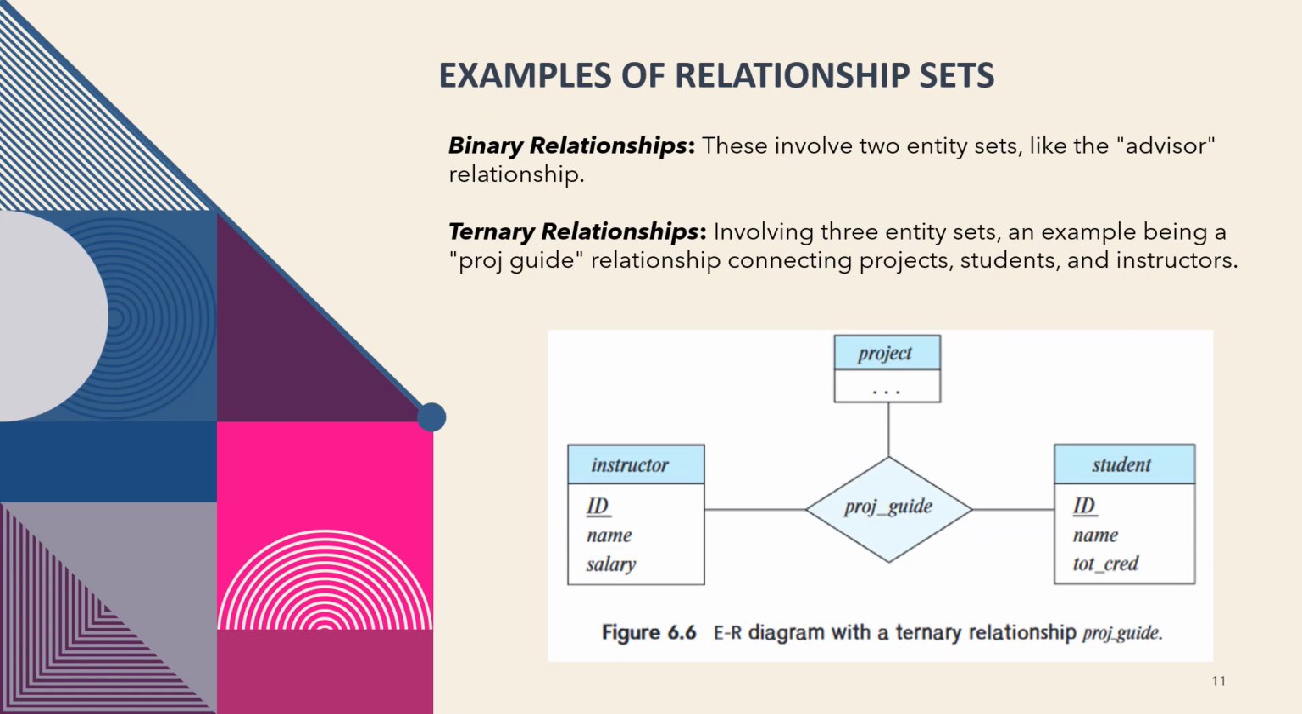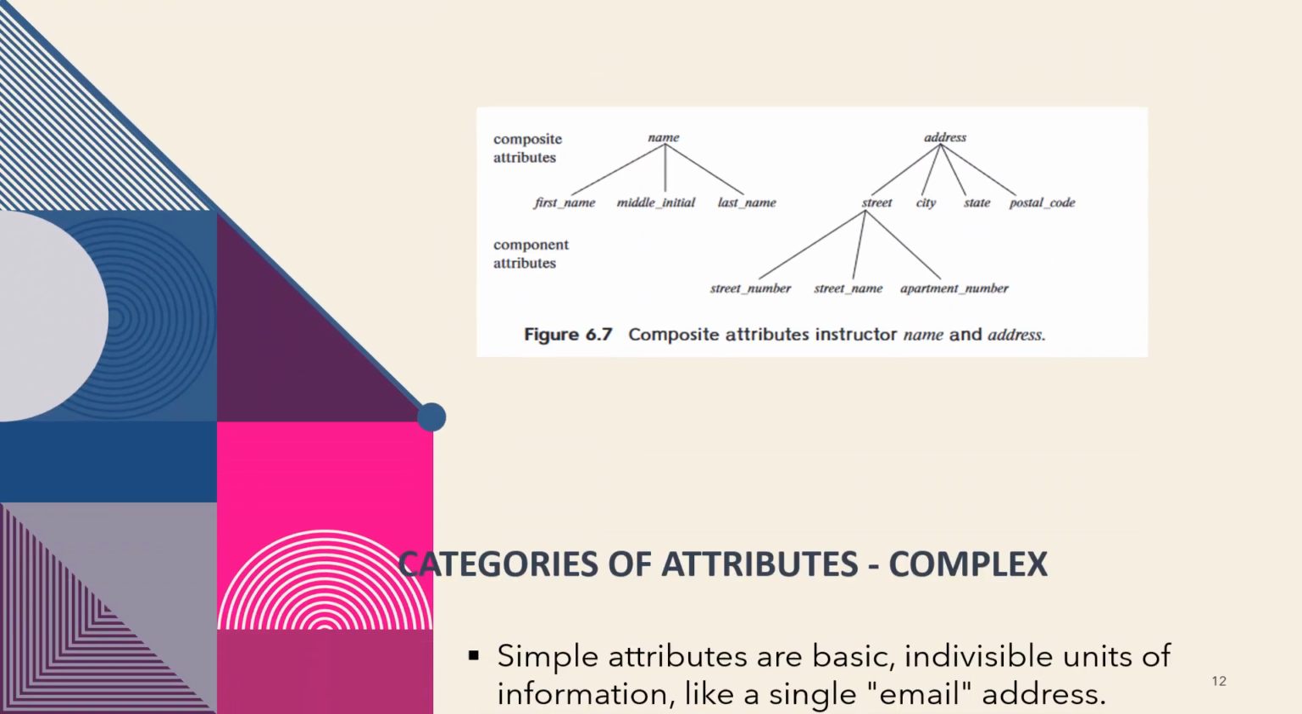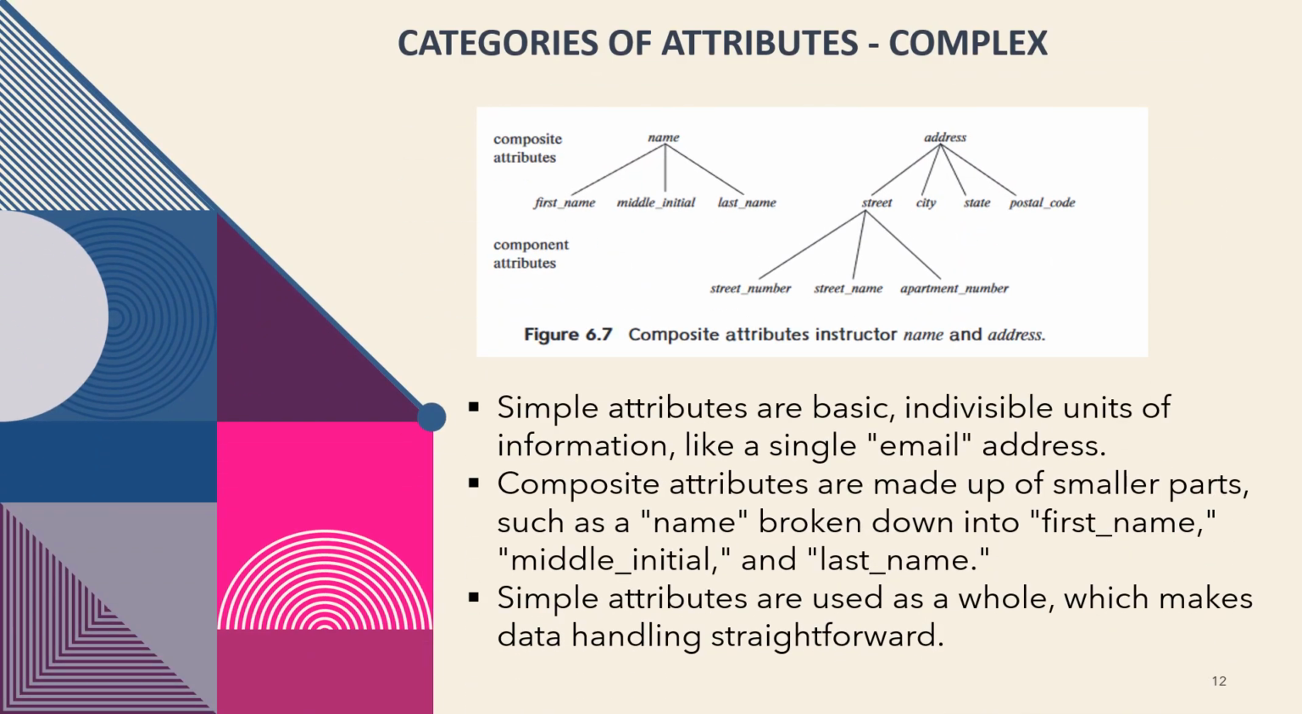Let's embark on a journey through the realm of data relationships, starting with the simplest form, binary relationships. These are the essential links between two entity sets, as clear-cut as the advisor-advisee connections in academia. In contrast, ternary relationships introduce a dance of three partners, students, projects, and instructors, intertwining in a complex choreography, exemplified by the project_guide relationship. Understanding these relationships is key to sculpting a robust database design, one that mirrors the real-world